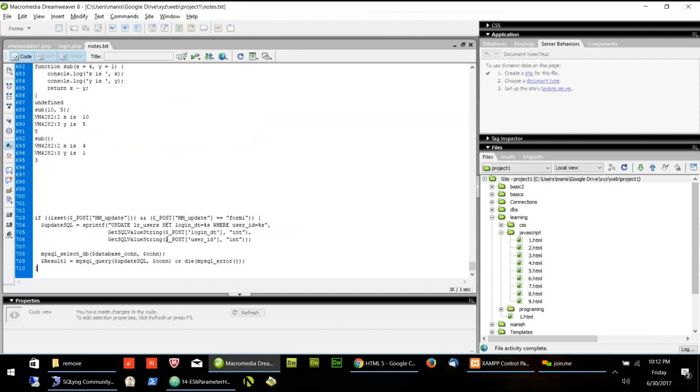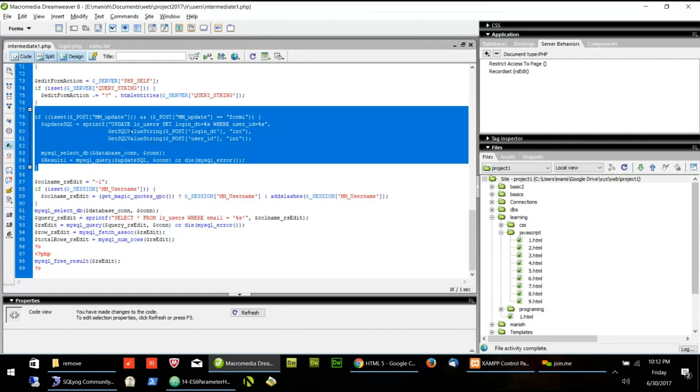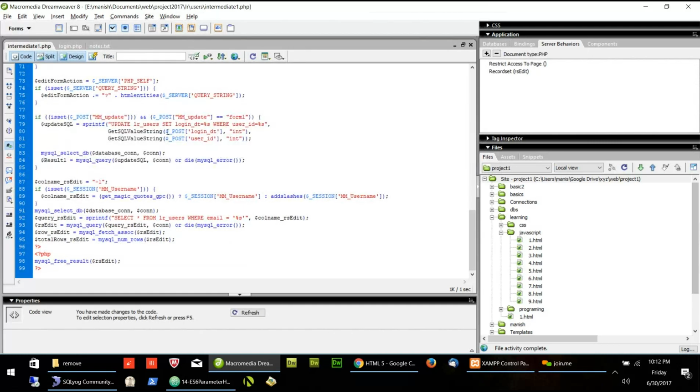It needs the user ID and the login date. What will be the login date here? If I want to update manually, what will be the login date? When the user signs in? Yes, when the user logs in. So to get the login date, I will use the PHP code, which I already showed you many times, to get the current time.